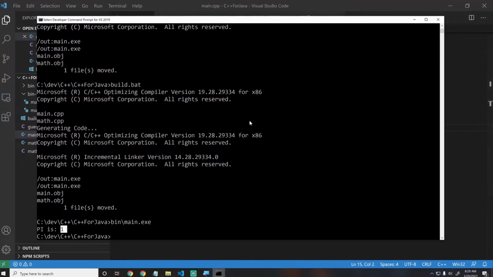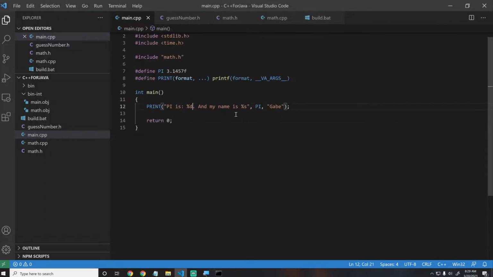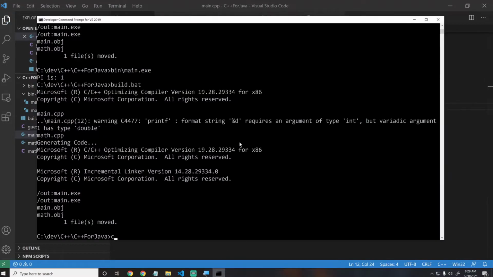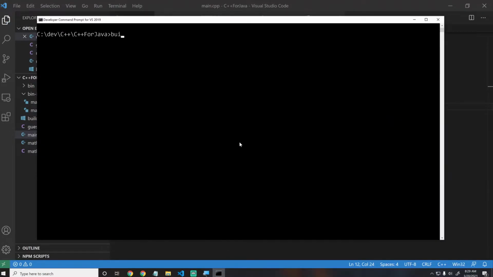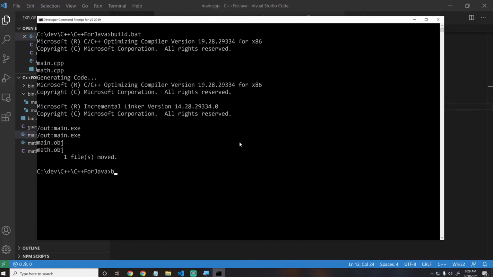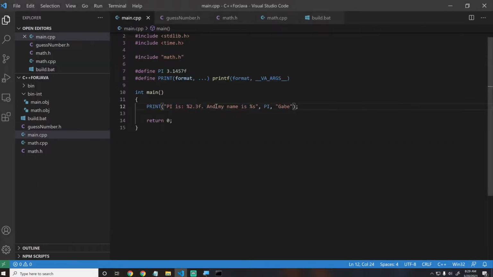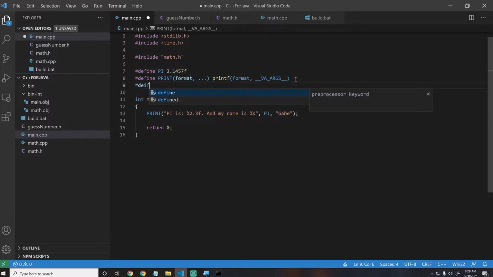And if we run this, we will see that it also runs as you would expect. And forgot to change this from a %d to a %2.3f. So make sure you change that, otherwise it will complain because that is not correct. Okay, so then if we run this, we get pi is 3.146 and my name is Gabe. Cool. So defines can take in arguments. It can take in variadic arguments,